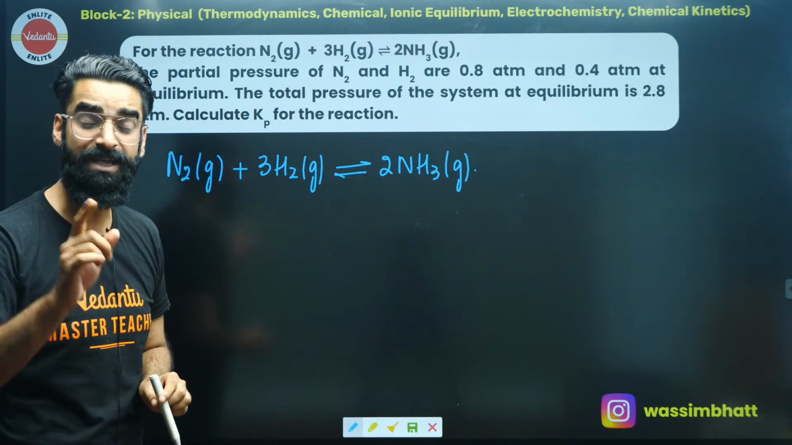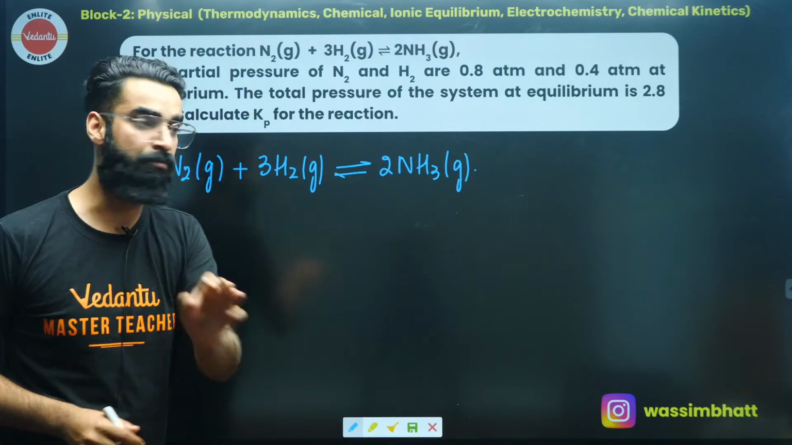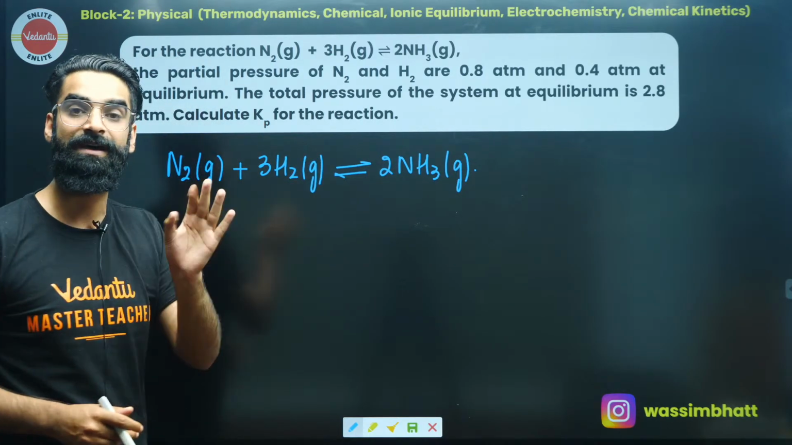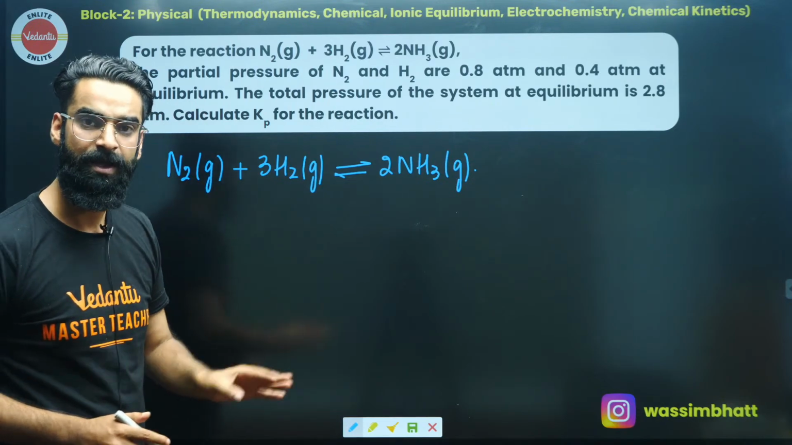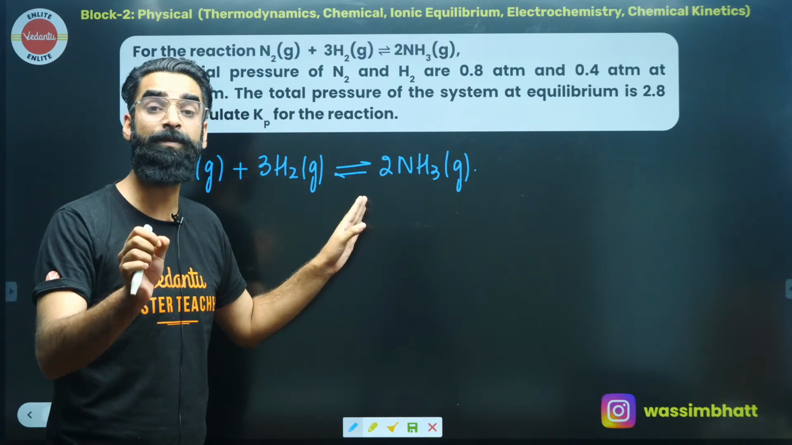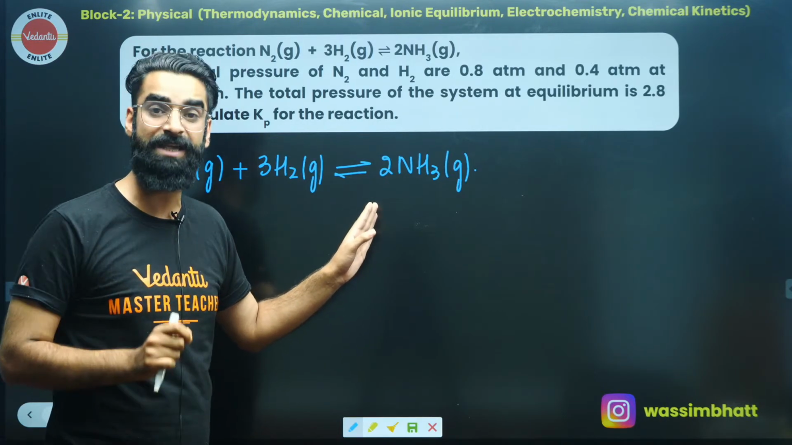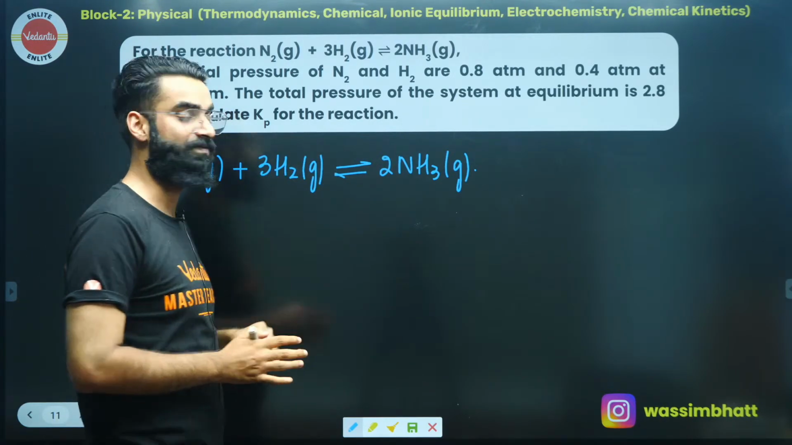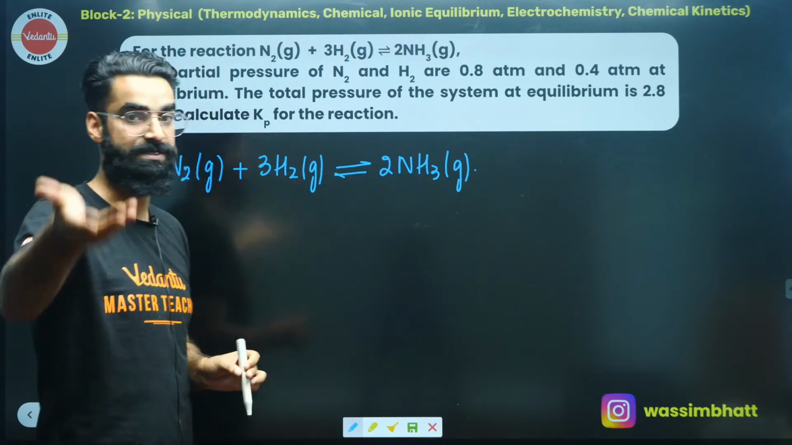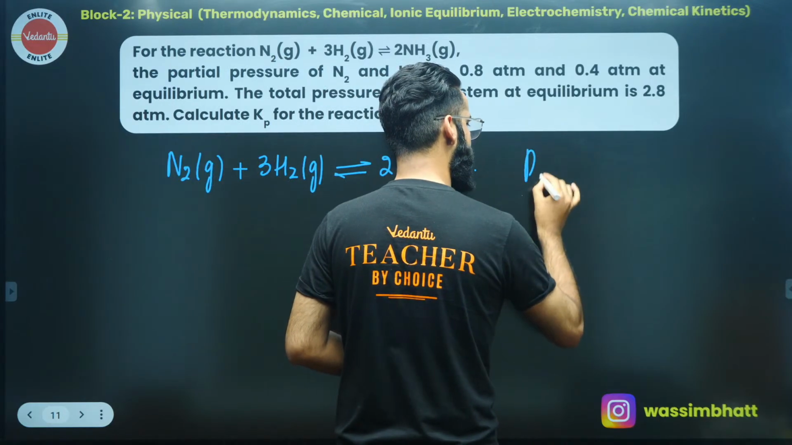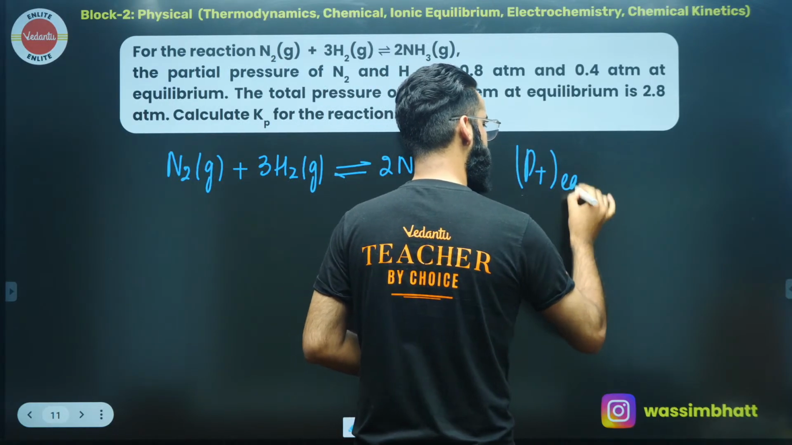So basically at equilibrium, you're going to find the moles of each reactant and product, right? And all the reactants and products are in gaseous phase. So whatever the total pressure of the system at equilibrium is, all three components will contribute towards it. So first of all, the total pressure at equilibrium should be equal to